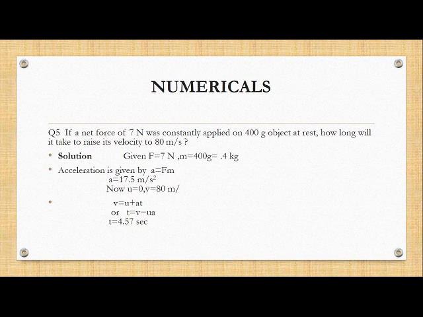Now, children, we will put this value of acceleration in our first equation of motion and we can get the time. Now you may ask me, ma'am, why are we not using s is equal to ut plus half at square, or why are we not using 2as is equal to v square minus u square? Now, children, in the next two equations distance is required, right? Here distance is not given. That is why it's very important that you understand what is given. Once you understand what is given, automatically you will understand which formula needs to be applied.